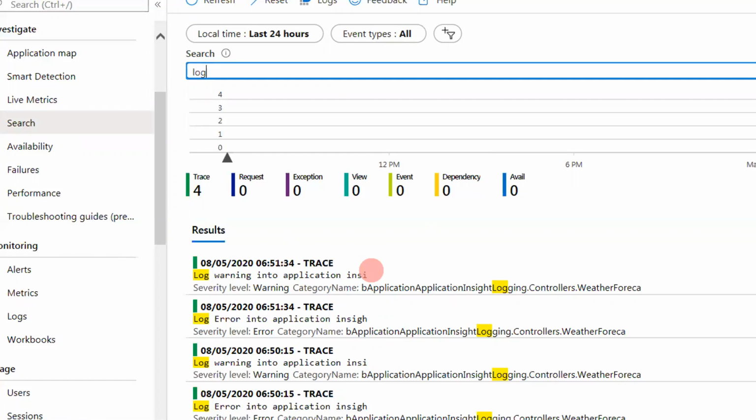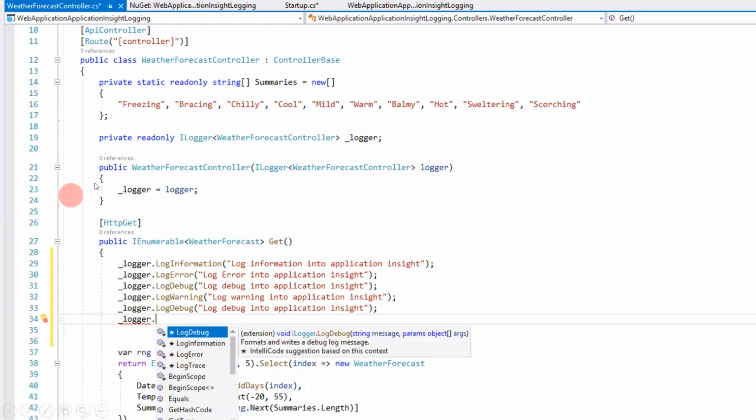Okay, so here we followed two steps. First, we added the NuGet package, and second, we added application insights telemetry in the services through the startup class. And then if I have to log something, we have to inject ILogger services through the constructor, which we saw here.